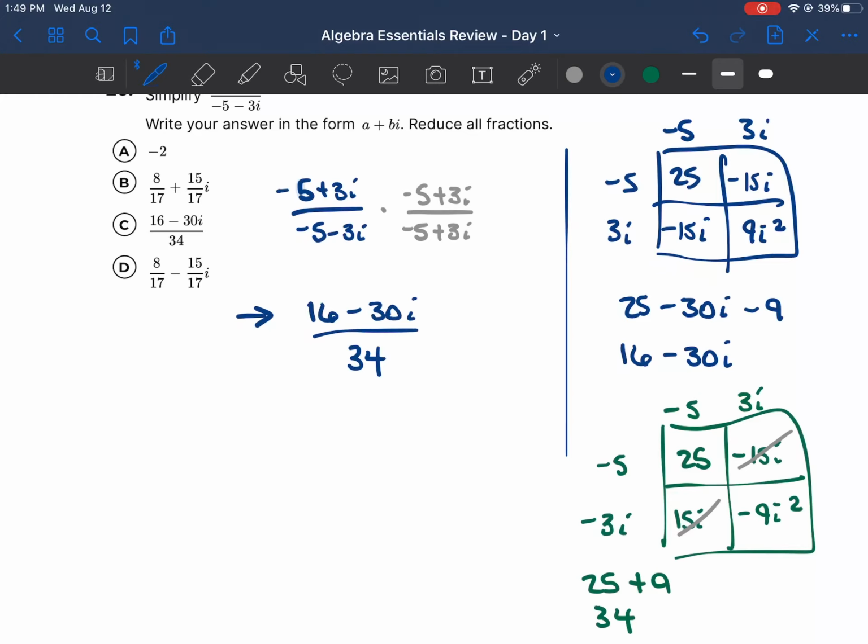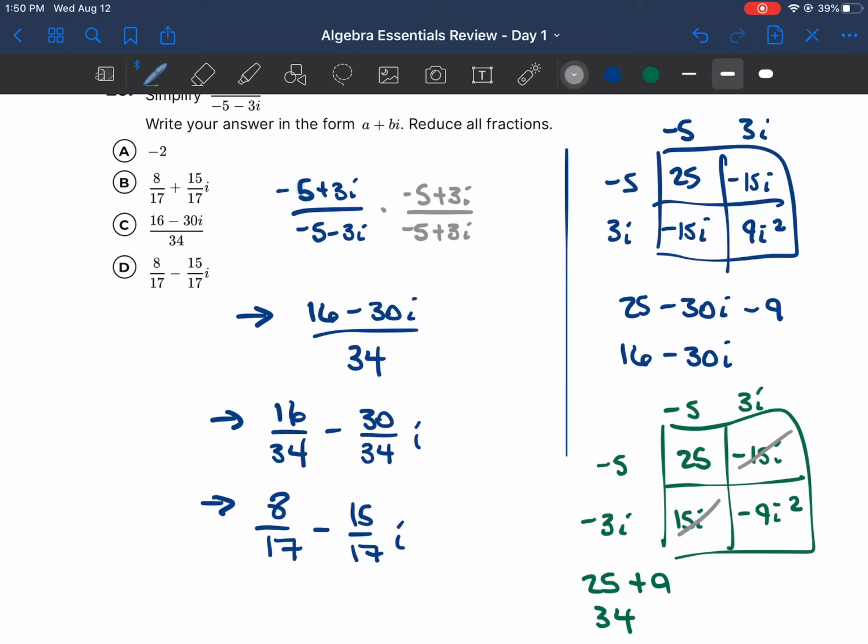Now we want to go ahead and separate the fractions so we can write our answer in the form a plus bi. So we have 16 over 34 minus 30 over 34i. Well, 16 over 34, those two numbers are both divisible by 2, so this would be 8 over 17 when we reduce that fraction. And 30 over 34, also both divisible by 2, that would be 15 over 17. So we have 8 17ths minus 15 17ths i, and that would be answer choice